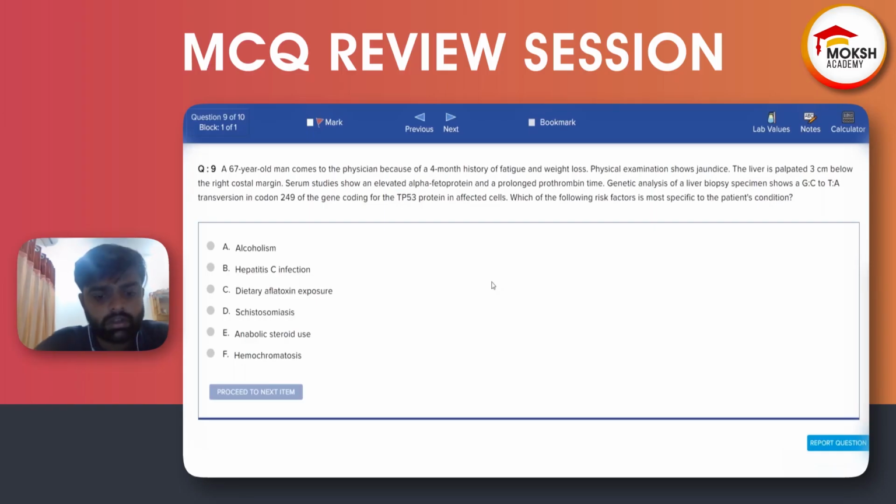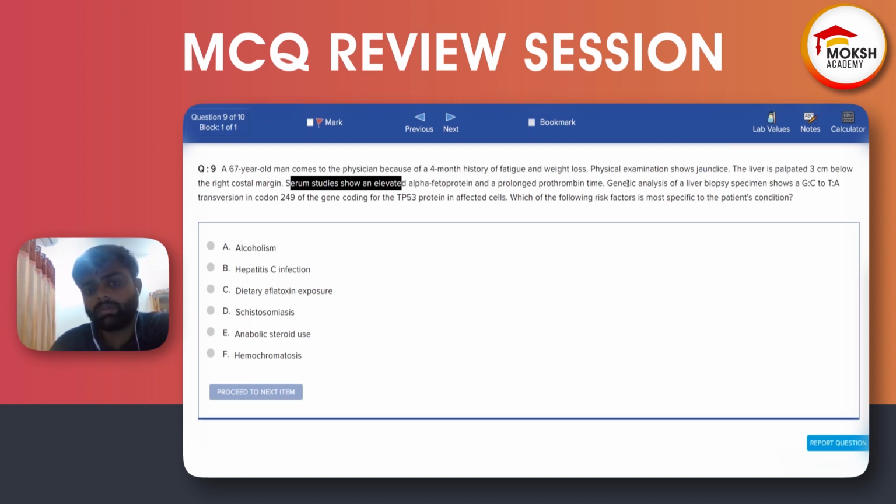A 67-year-old man comes to the physician because of 4-month history of fatigue and weight loss. Physical examination shows jaundice and the liver is palpated 3 centimeters below the right costal margin. Serum study shows elevated alpha-fetoprotein and